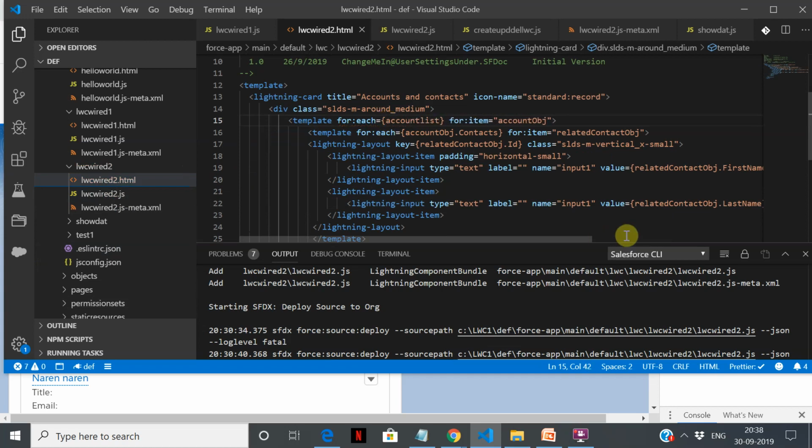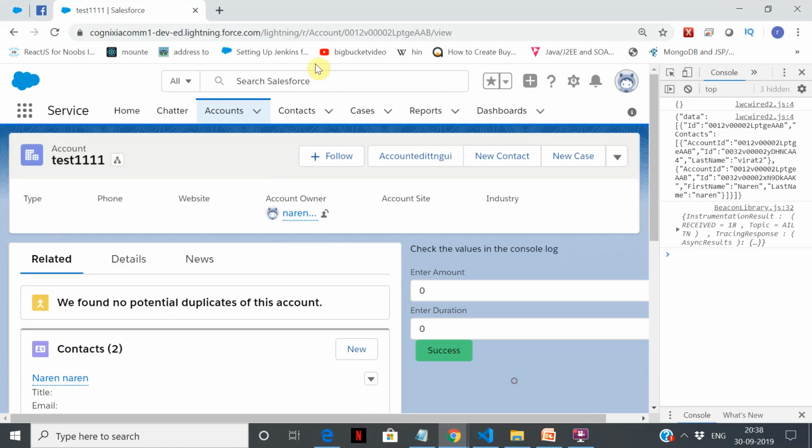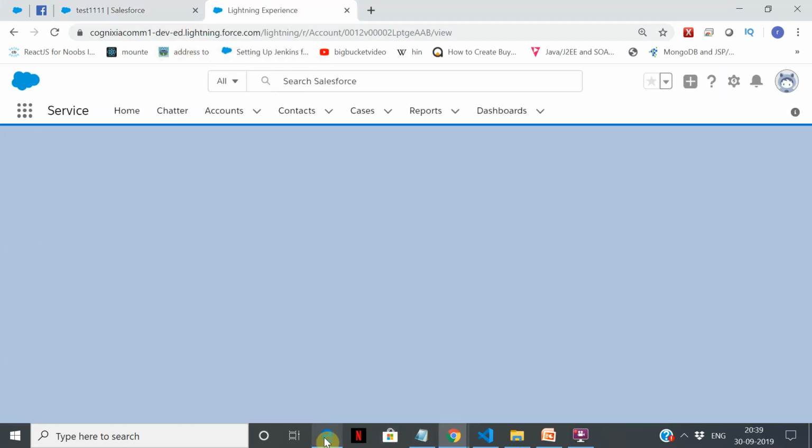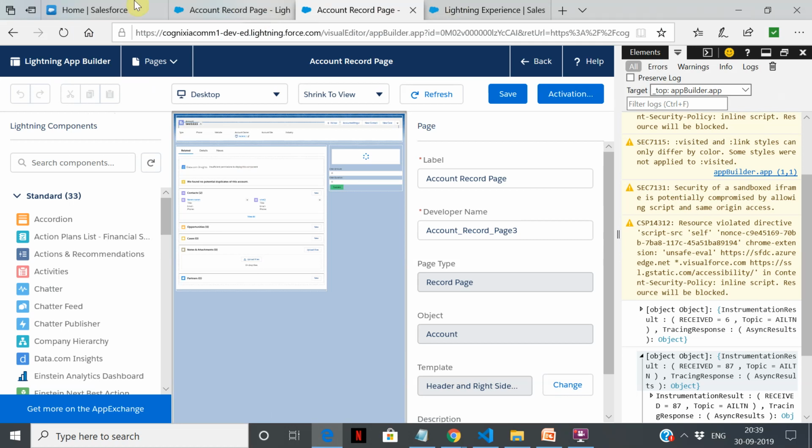So the return value will be the account object, and within that the contacts. So I've just given it related contacts, and it's going to show the first name, last name. Now why account.contacts? If you remember in our Apex code, let me open up that Apex code. It's already open here somewhere.